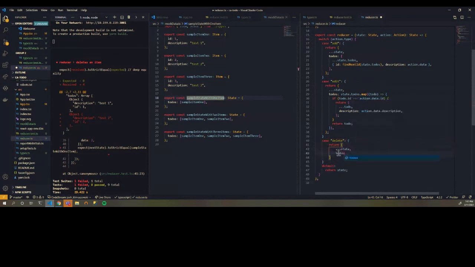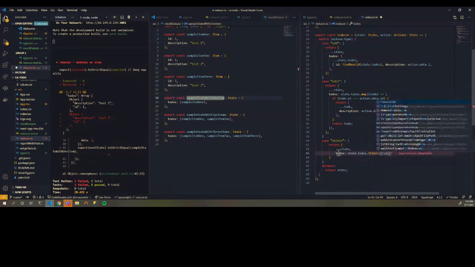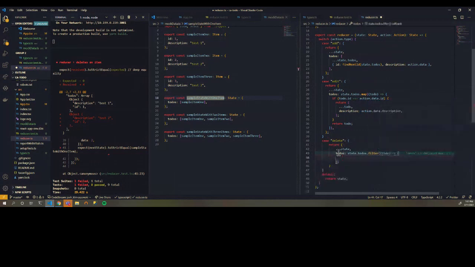State and to-dos. Really, we can just use a filter function here on our to-do list and filter out anything by that ID coming back in action data. It will be the simplest way to do this. So filter looks a lot like map. To-dos, you filter from to-do. And if,